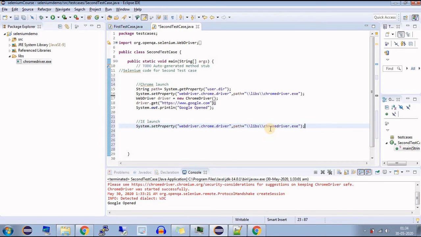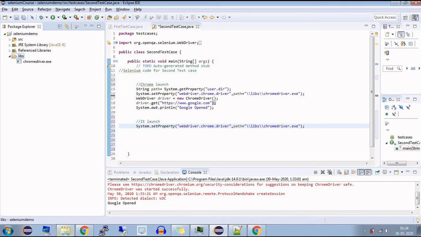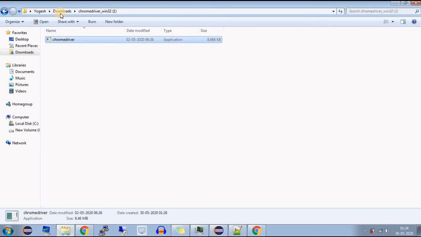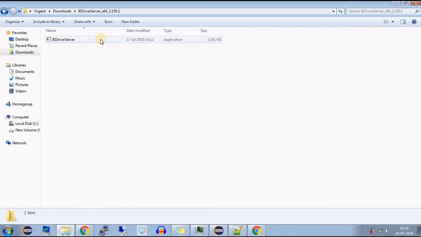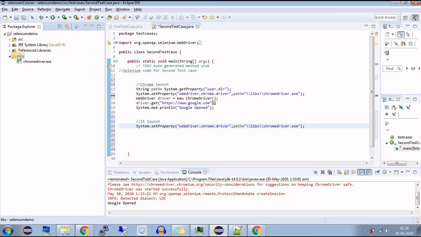Now here we have to change the path for IE driver because this is the Chrome driver path. So before that I need to copy that IE driver from my downloads into the libs. So here is my IE driver. So copy the file IE driver and then paste it in libs folder in your project structure.